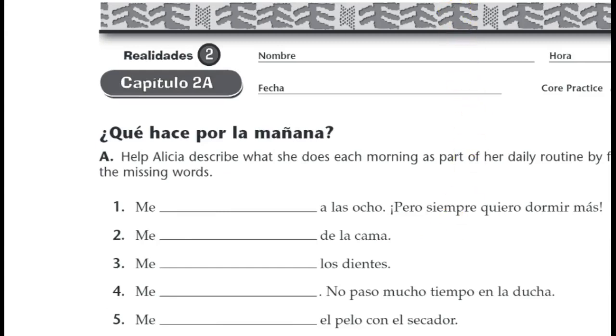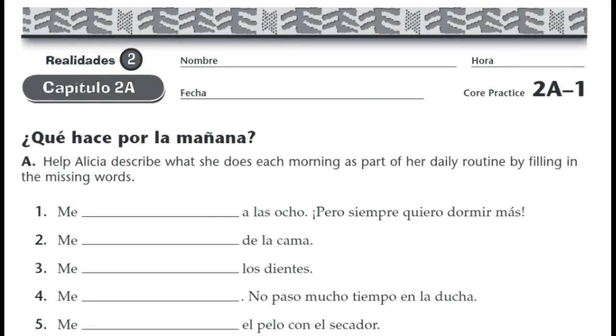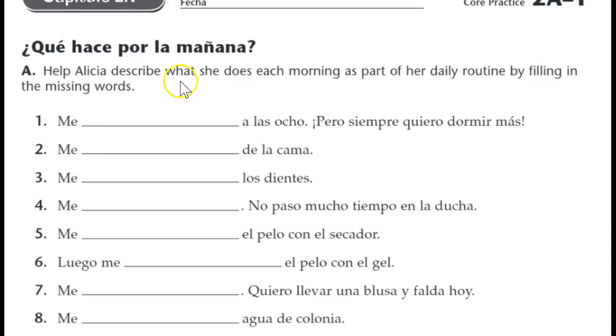Okay, now we're getting to the core practice for 2A. ¿Qué hace por la mañana? Of course, we've been talking about morning routines and routines that you complete for getting ready to go to an event. ¿Qué hace por la mañana? What do they do? What does a person do in the morning? Help Alicia describe what she does each morning as part of her daily routine by filling in the missing words. Okay, so it looks like